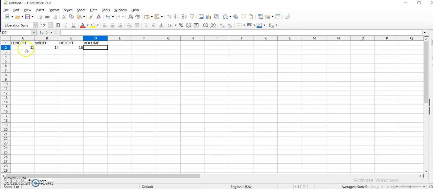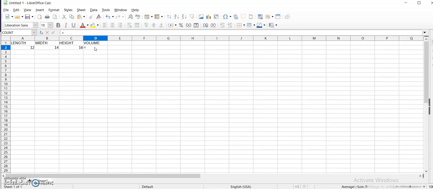From here you can see the alphanumeric characters are by default left aligned and the numeric data types are right aligned. So if I want to find the volume, I will click over it. I will start my formula with the equals to sign.